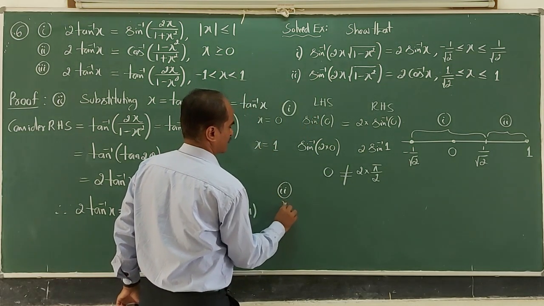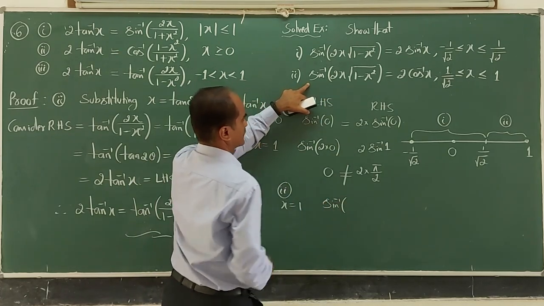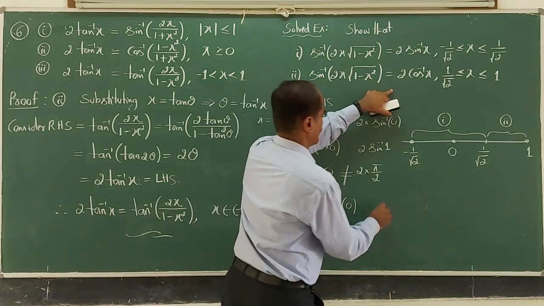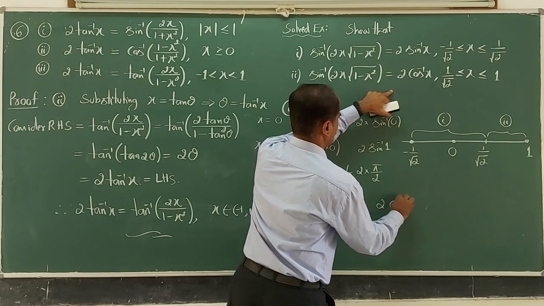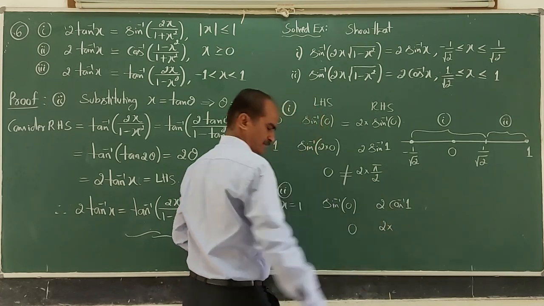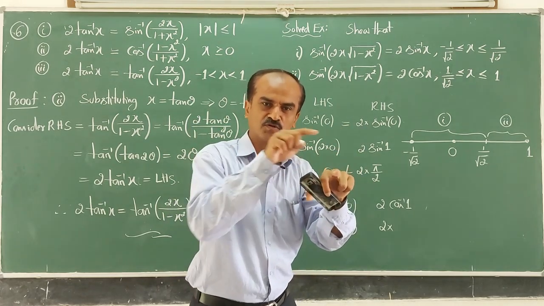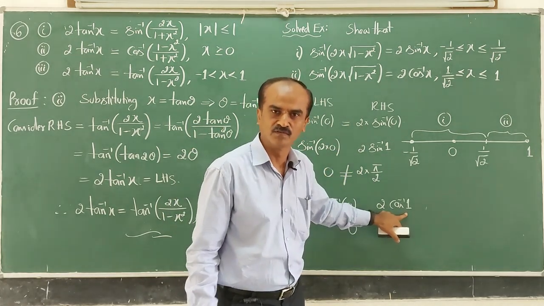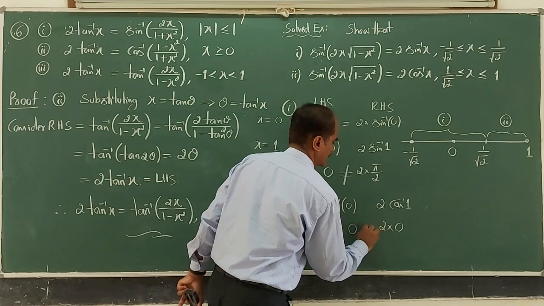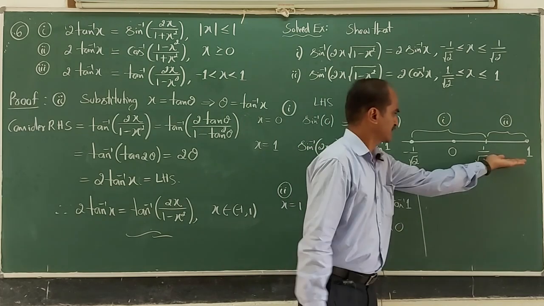Now let me take x equal to 1. Apply this result now, whether it is true or not. Sine inverse of 2 into 1 into 0, nothing but sine inverse of 0. On the right hand side, 2 into cos inverse of 1. Sine inverse of 0 is 0. And 2 into cos inverse of 1 is how much? Cos of which angle in the principal branch 0 to pi will give us 1? Definitely 0. Cos 0 is 1, therefore cos inverse of 1 is 0. Now check, are they equal? Yes, perfectly.